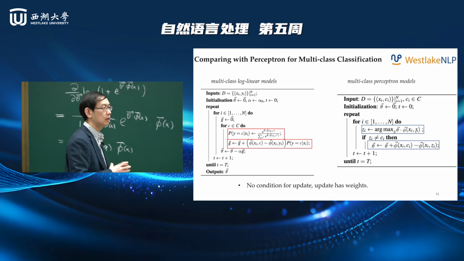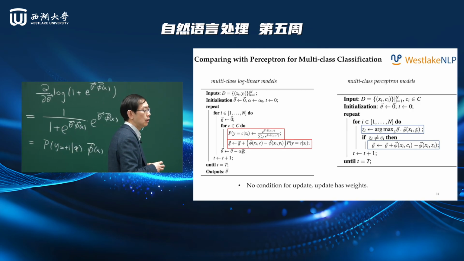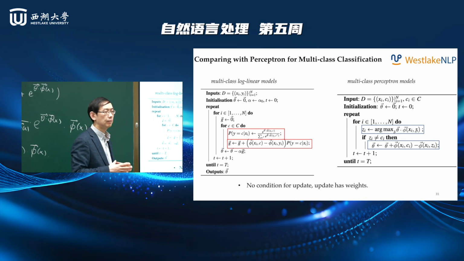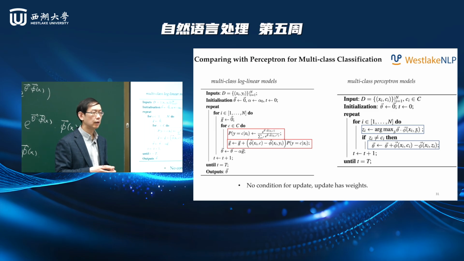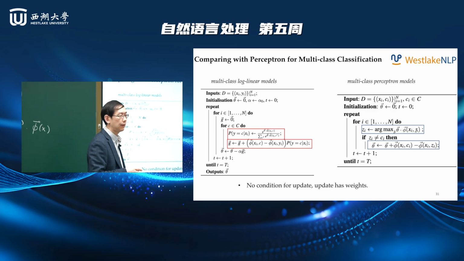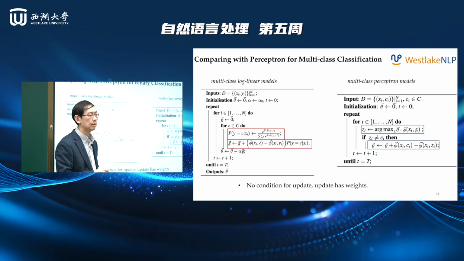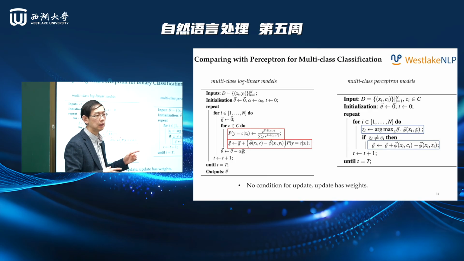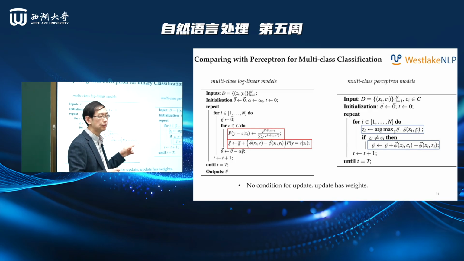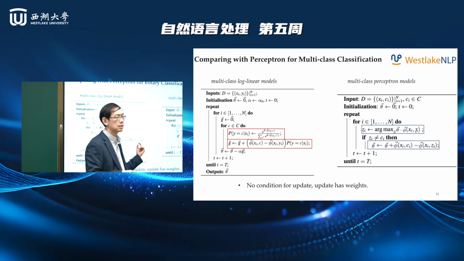So on the left is log linear model. On the right is perceptron. So again, you see a sheer difference. Okay, let's first talk about the similarity. They both initialize the parameter vectors to zeros and go through all the training instances for t iterations. And every time it uses phi xc to update my theta. That's the similarity, okay? The difference is that perceptron does the update according to a condition. What's the condition? If the model output is incorrect, right? I just add the correct output phi to theta and subtract the incorrect output phi from theta. That's perceptron